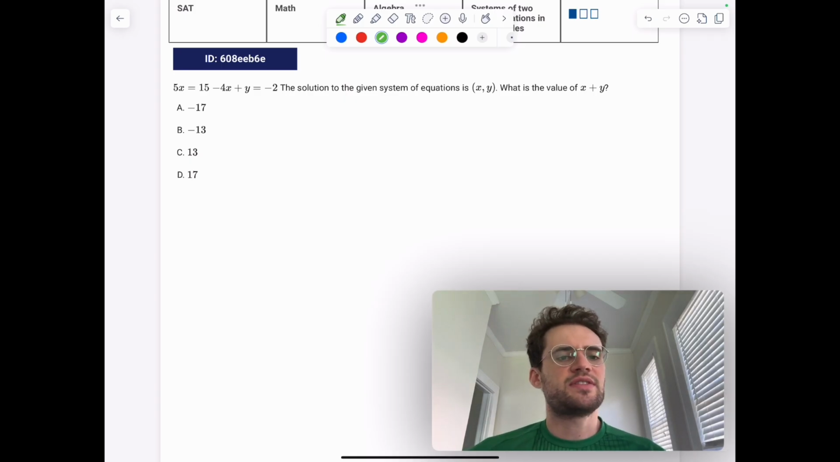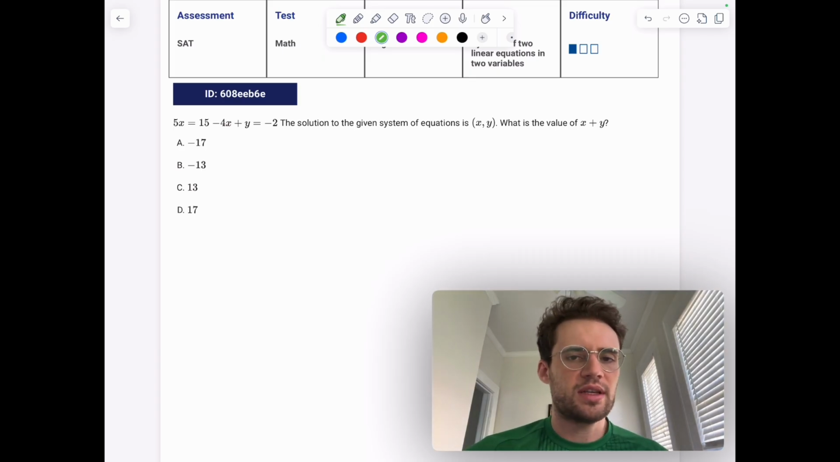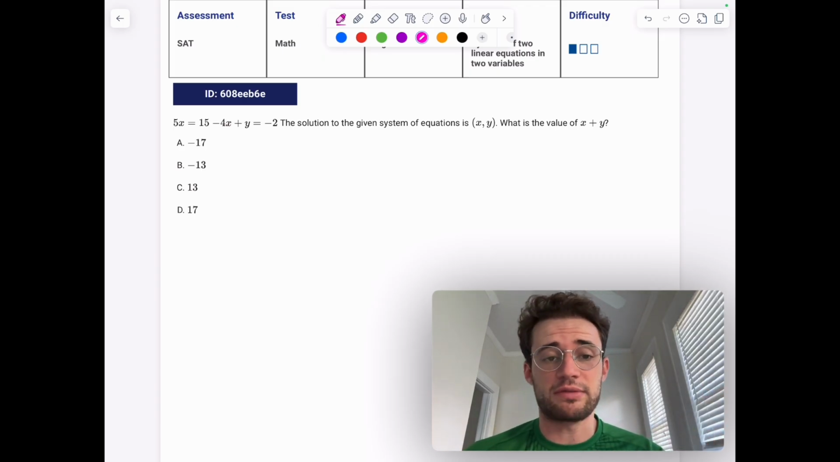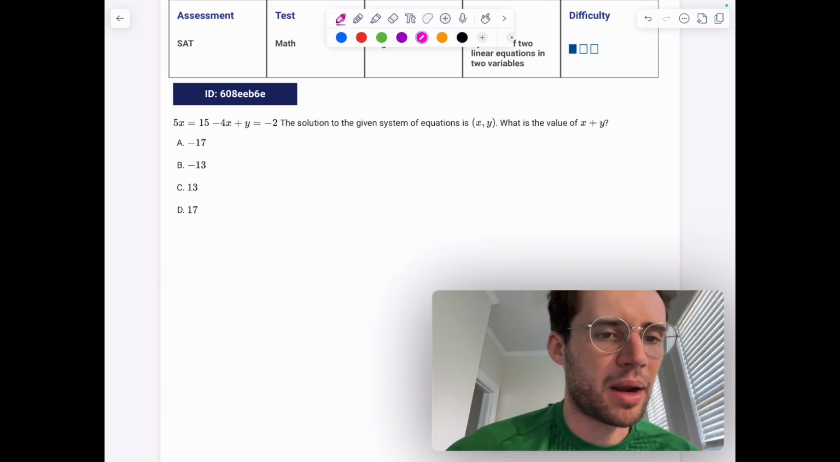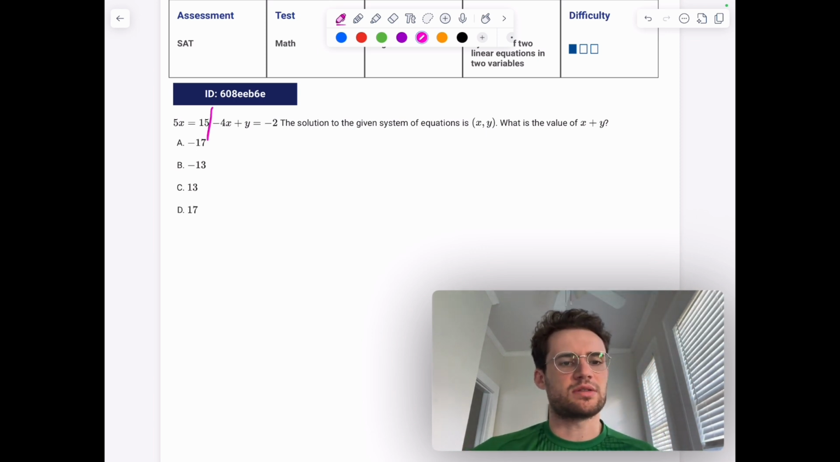5x equals 15 minus 4x plus y equals -2. Oh wait, is this 2 different equations? Okay, well they do this sometimes. I would assume on the real test they'll format it better than they're showing up on here. These are just the downloaded PDFs from the SAT Online Question Bank. But I believe this is supposed to be 2 separate equations like that, where we have 5x equals 15, and